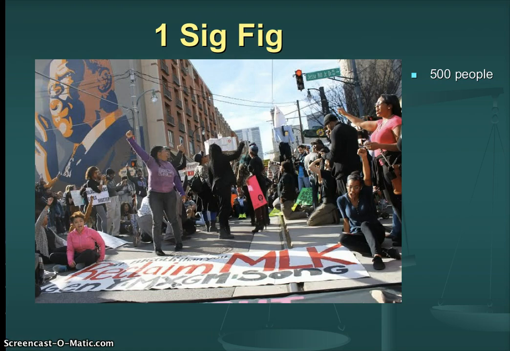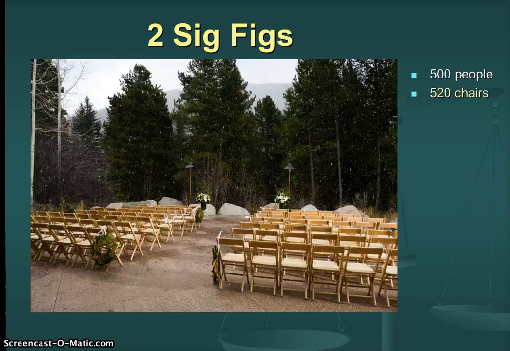Measurements are exact or estimates or something in between. If you're counting the number of people at a rally or parade, Black Lives Matter, and we've got 500 people willing to march in protest, did you count every single one of them? No. But from out the window, from where you were recording, it looked like about 500 people, more or less. If it was a little more, so much the better. If it's a little less, well, we'll do better next time. 2 sig figs, you have to be more exact.